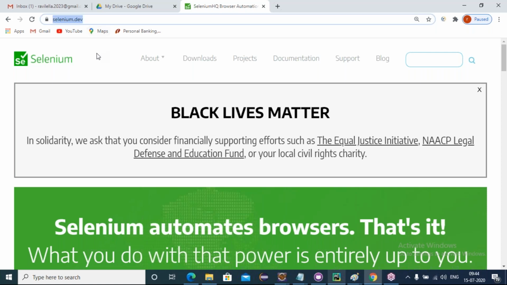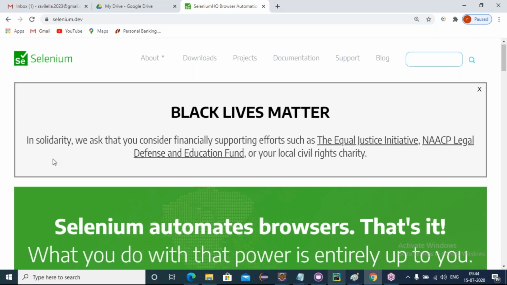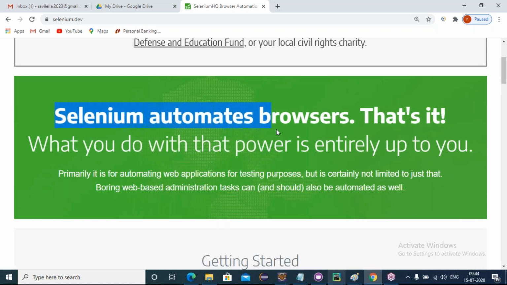Okay, friends. A lot of changes were made in the Selenium official website. You can see here, Selenium automates browsers. That's it. Selenium will not automate Windows applications. It never automates Windows desktop applications. It will automate only the browsers, the applications which are opened through any browser.